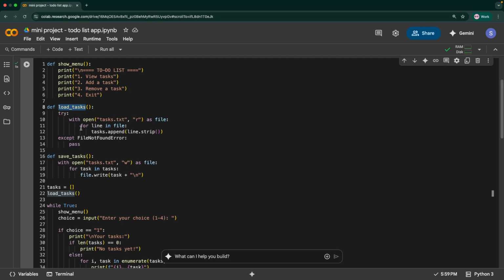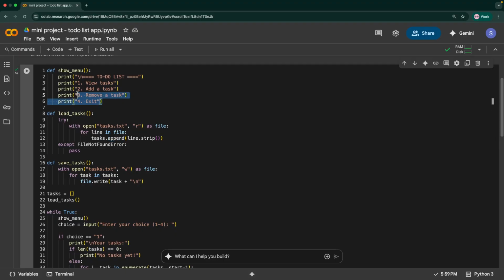line by line, because as you can see, we are iterating over it. If you remember, we have done this in our files section. So we used a for loop to iterate, line by line, over the content present in a file. So you read each of these lines and save it, or basically append it, in a list called tasks. We have seen that you can append data to a list by using this append function. So that's what happens here.